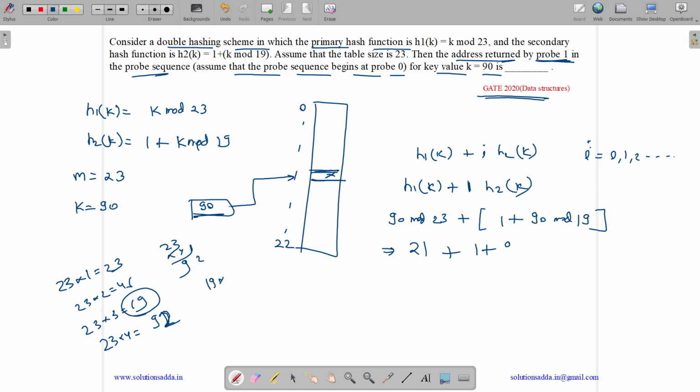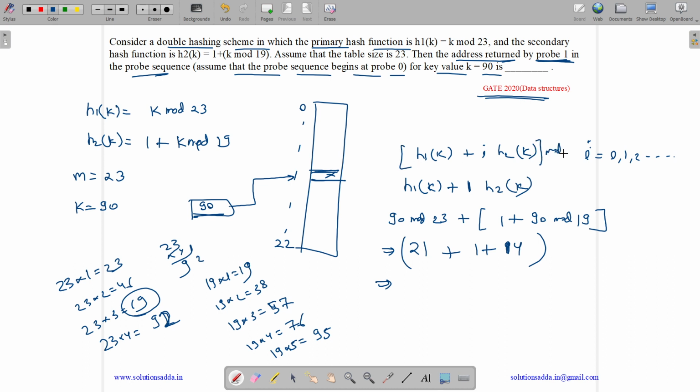So 19 into 1 is 19, 19 into 2 is 38, 19 into 3 is 57, 19 into 4 is 76, 19 into 5 is 95. So we need to find 90 minus 76. So it is 14. So its value comes out to be, here we also have mod m, which is